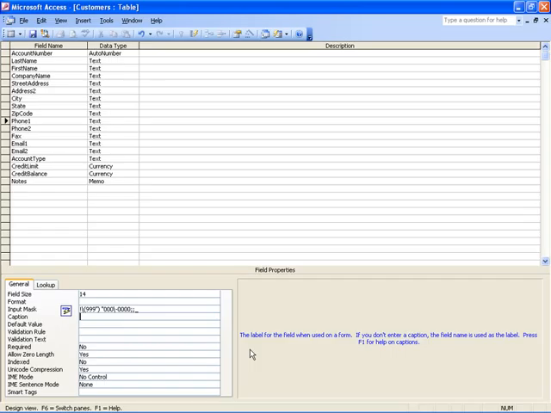Well, let me tell you, a caption is a label, as it says here, that is going to be viewed anytime you're looking at an on-screen form or a printed report. A label is something that's completely optional. If you enter nothing in here, then it's going to use the field name from above. I don't think phone 1 is really the caption that I want to see on my reports and on the on-screen forms, so I'm going to enter